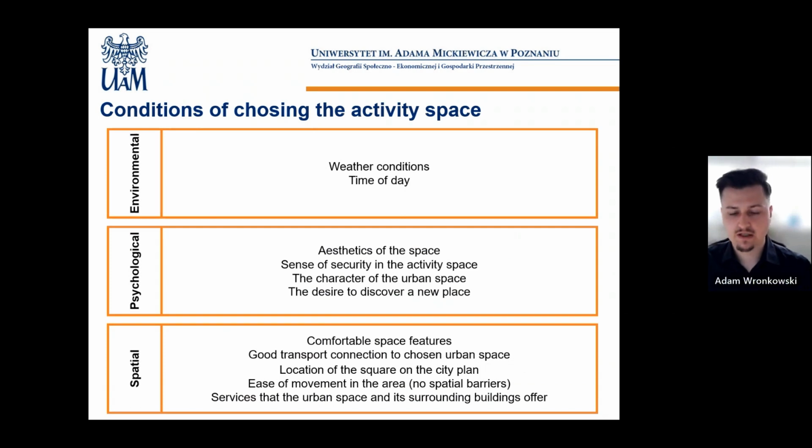Finally, 11 factors were identified, divided into three main categories. Environmental factors included weather conditions and time of the day. Psychological factors are related to evaluating a given space as to aesthetics, safety, character, and the need to discover new places in the city. And spatial factors associated with the quality of transport connection to a given space and its location